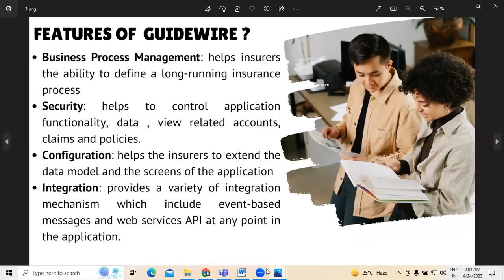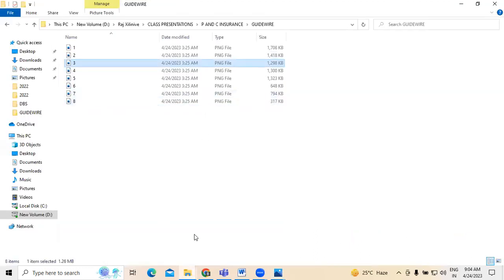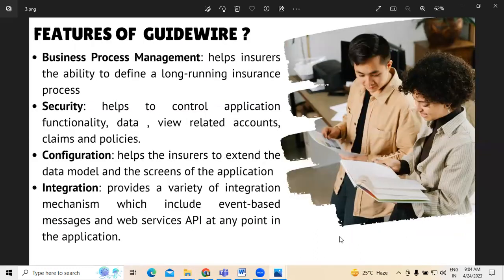Now, when we talk about the features of Guidewire itself, this has nothing to do with PolicyCenter, billing and claims. The features of Guidewire are four, majorly, to understand. The first is business process management. This helps an insurer define long-running insurance processes, because